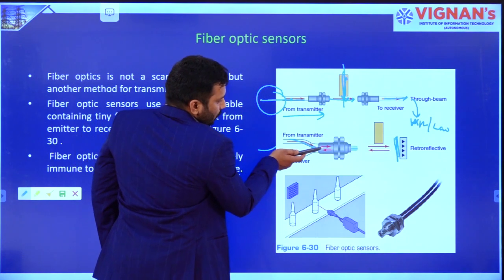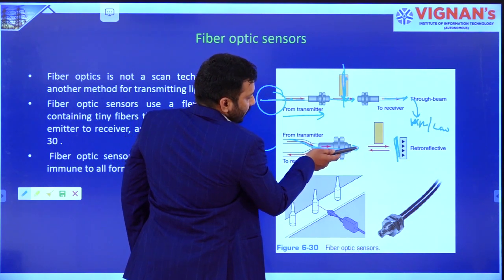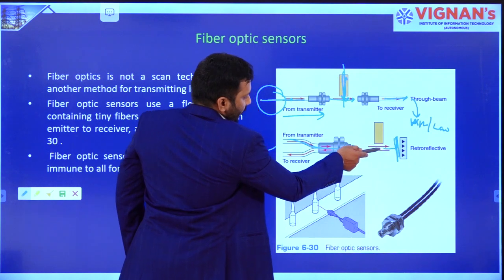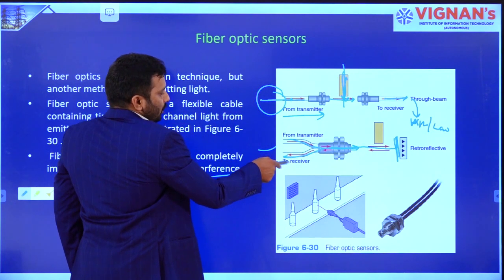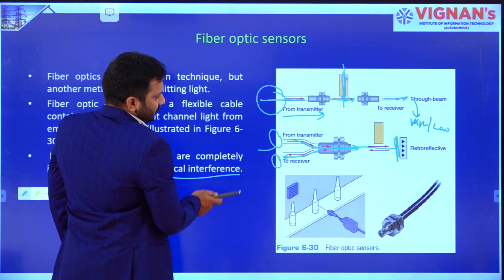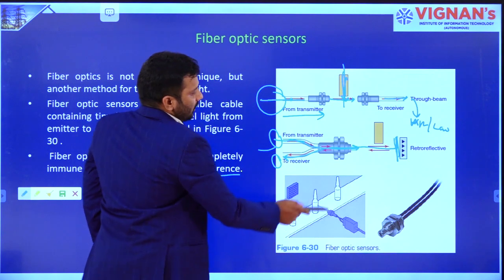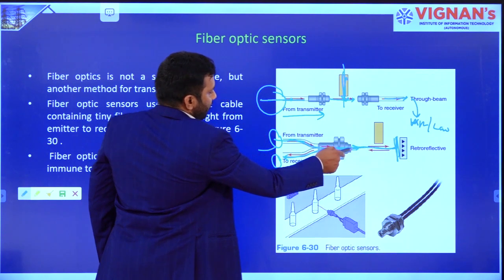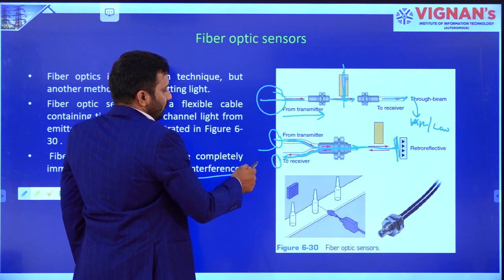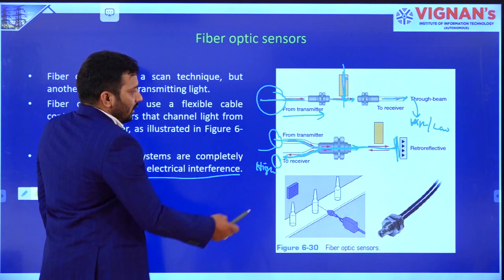From the source, light is going to be passed like this, right. Light is going to pass like this. If there is no object, total light is going to be reflected and received, right. Here, a photodiode or phototransistor, whatever the amount of light you pass through this particular fiber, if there is no object, total light is going to be reflected onto the receiver, then a high signal is going to be obtained, right.